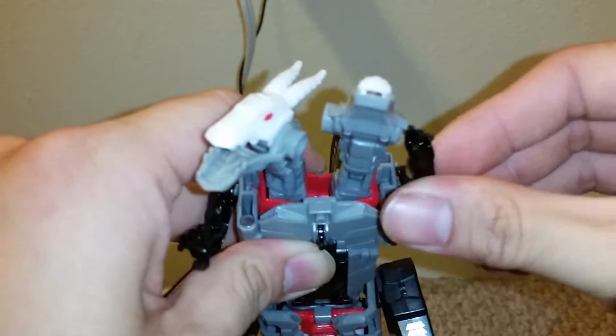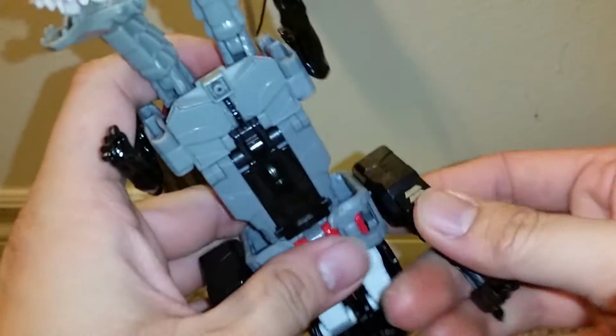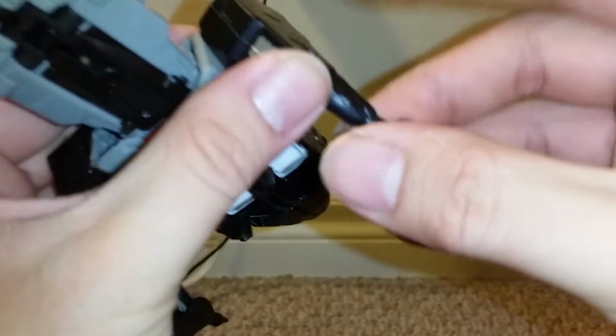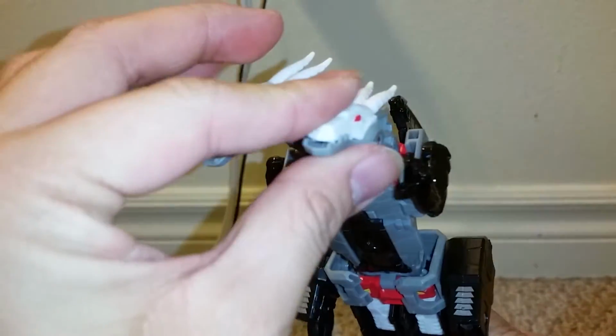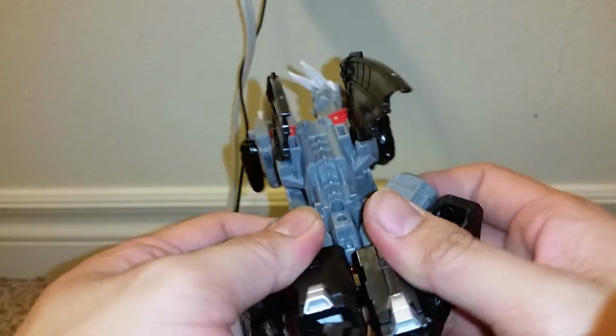Articulation, this is on a ball joint. Go out like so, rotate 360 degrees. Same thing, leg can rotate, but it only goes about that much. Feet can move like that, and like that. This heel is just part of this whole leg, so it doesn't really move. And now to get him back into his robot mode,